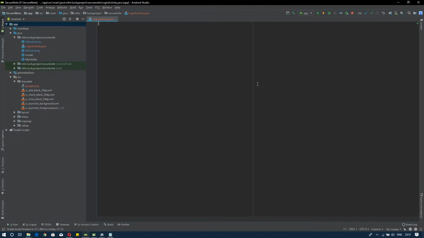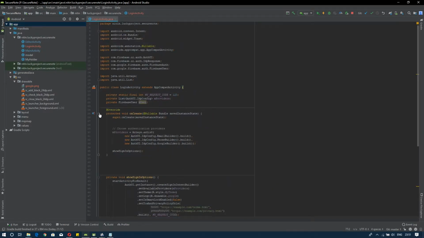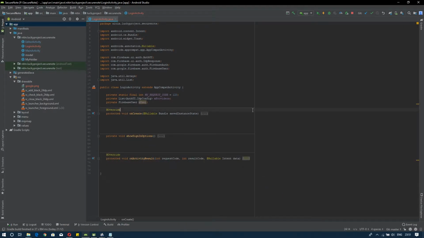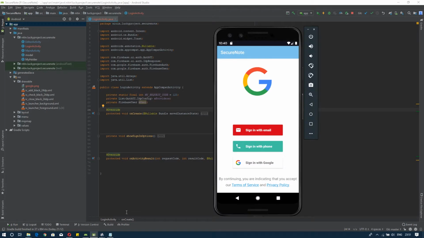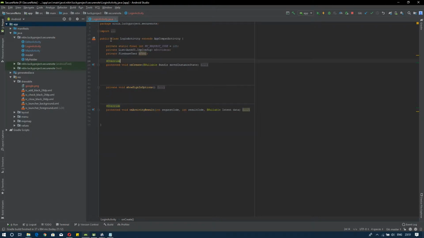So let me paste it here. So let's see what is written in this code. This is the code of login activity by which we will be able to see this interface, right? So let's understand this. First of all, we have login activity which extends AppCompatActivity,